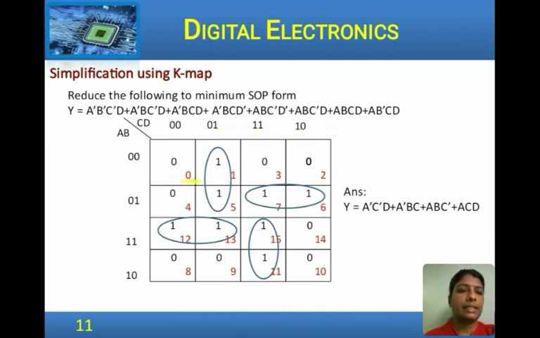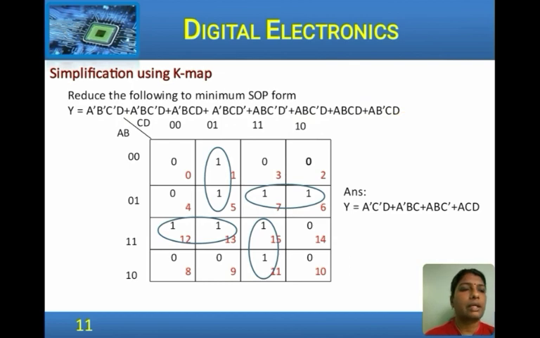So, this is cell 0, 1, 2, 3, 4, 5, 7 and then 6. So, 6 and 7. Then 8, 9 in the last row, 10 here, then 11 here, 12, 13, 14 here and 15 here. Be very careful when you are numbering, do not make a mistake here. If you have interchanged A, B and C, D, then the numbering will vary. It will be 0, 1, 2, 3 this way, 4, 5, 6 and so on. Anyway, let us follow this standard way of numbering. Now look into the min terms in the expression.